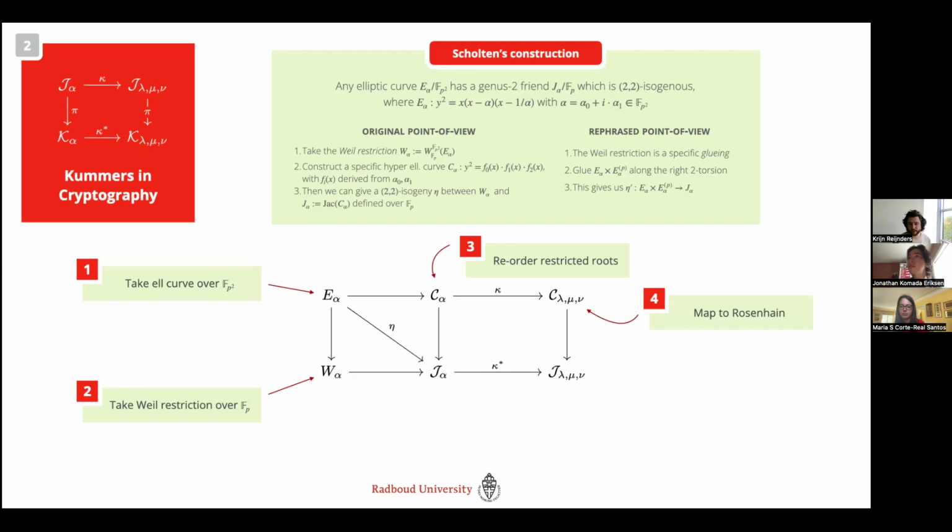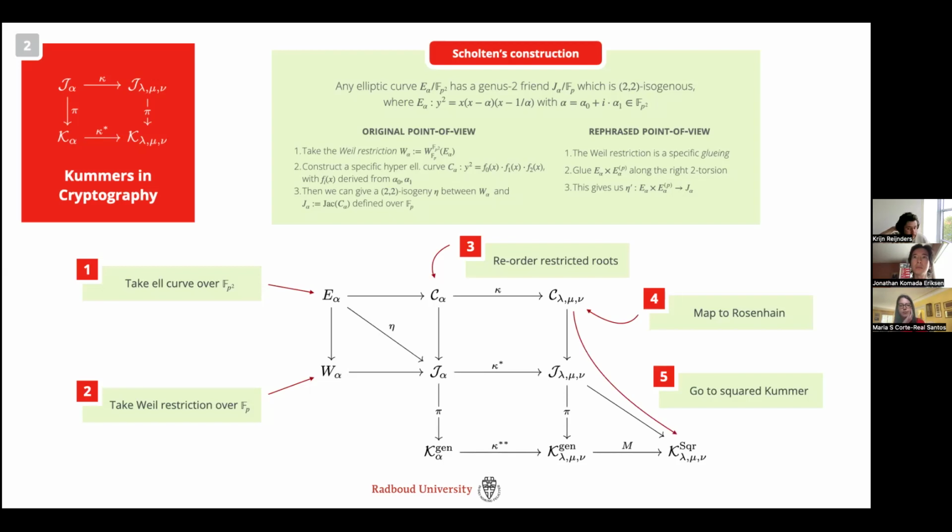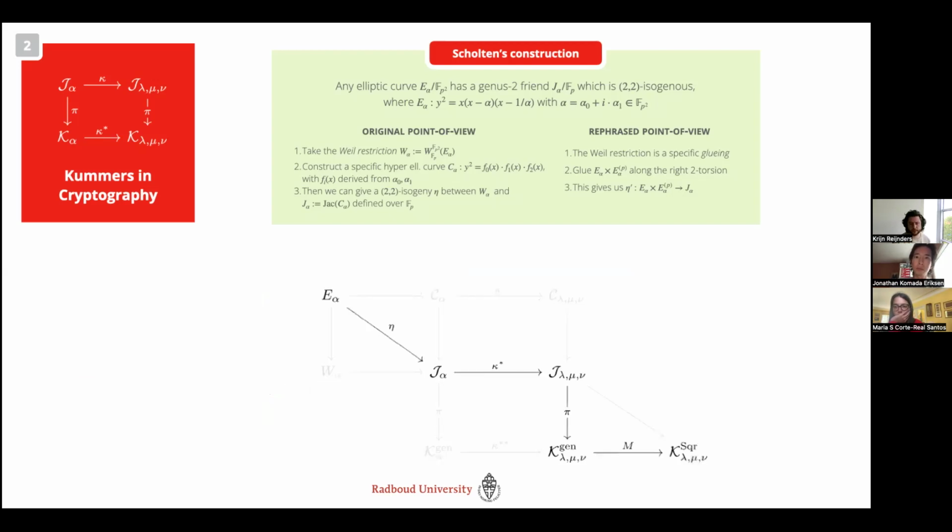Because then what we get is this J of the Rosenheim form. And there we actually know that we can get this squared Kummer surface that we actually want to work with in the end. Right? So we could also construct a Kummer surface for J alpha, the general one. But we want to get this sort of very fast arithmetic going on. So we need a squared Kummer surface, which we get from a Rosenheim form. And then we get this sort of path from E alpha all the way down to this Kummer surface K